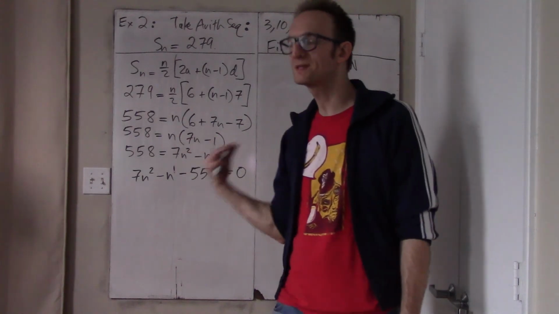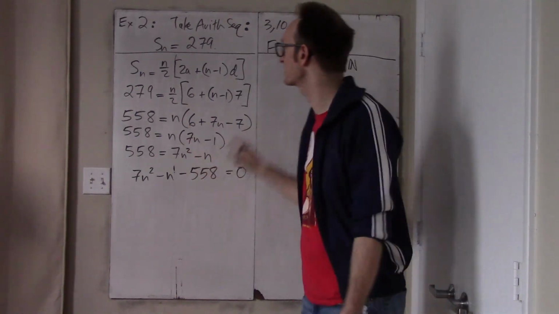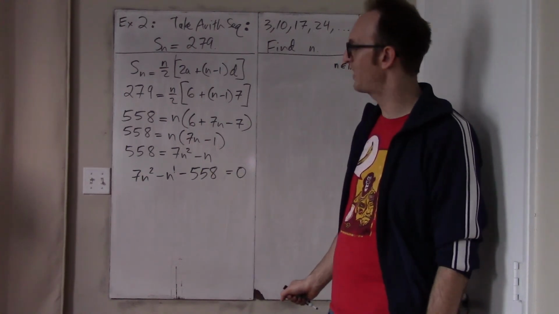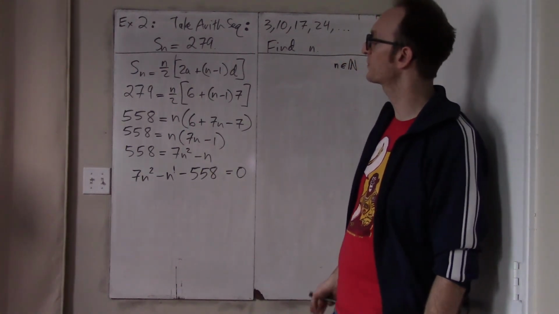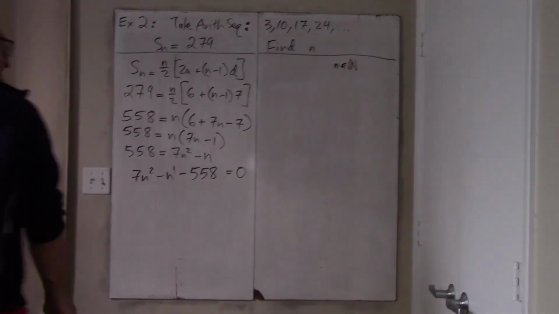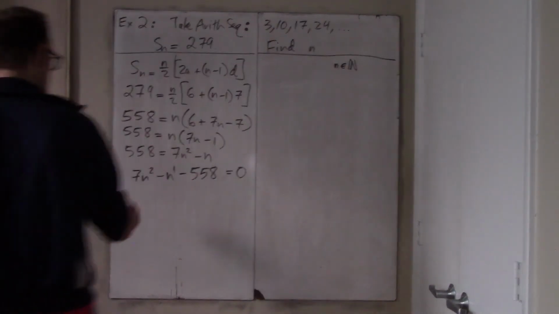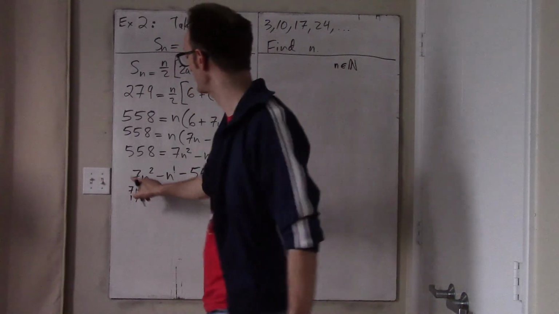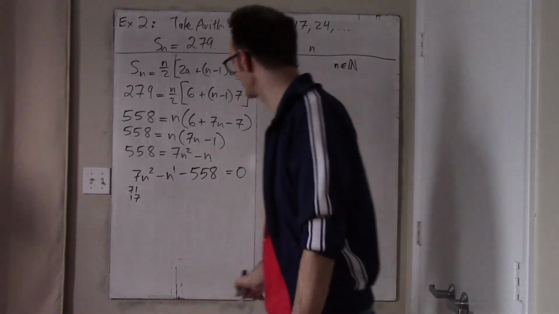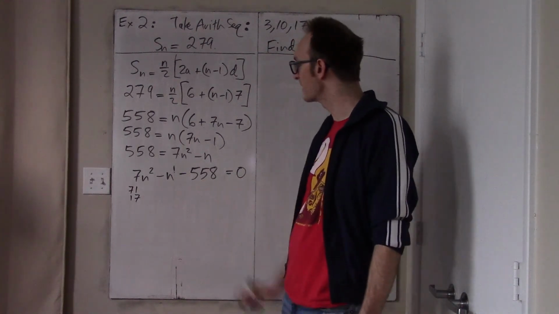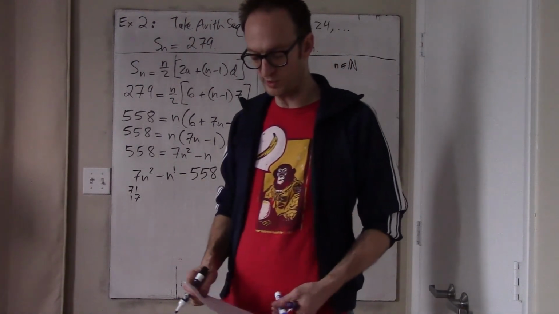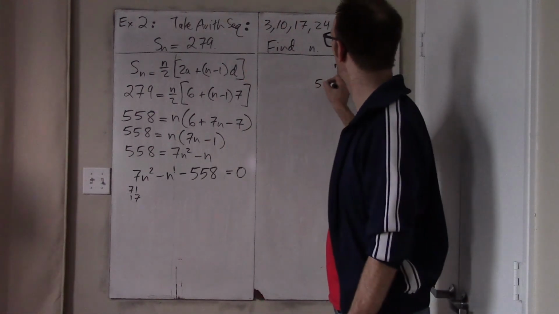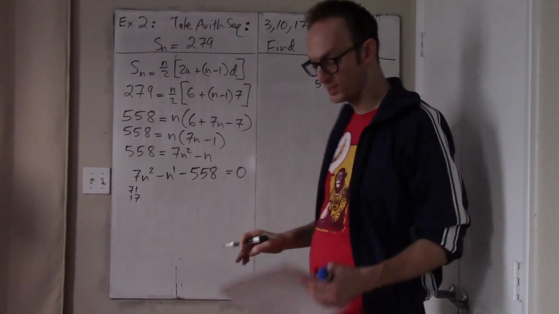So if you know that this factors, and we do know that it factors, assuming that the question was written correctly, then it always pays to just factor it instead of trying to use the quadratic formula, especially if I don't have any technology on me. Alright, well, how are we going to factor this? Fortunately we have a method. The method is to write the factor pairs of 7 in both ways, and now we need all the factors of 558. Alright, so if you didn't learn this in middle school or in 9th grade, let's do it now. Let's just perform a complete analysis on the number 558.